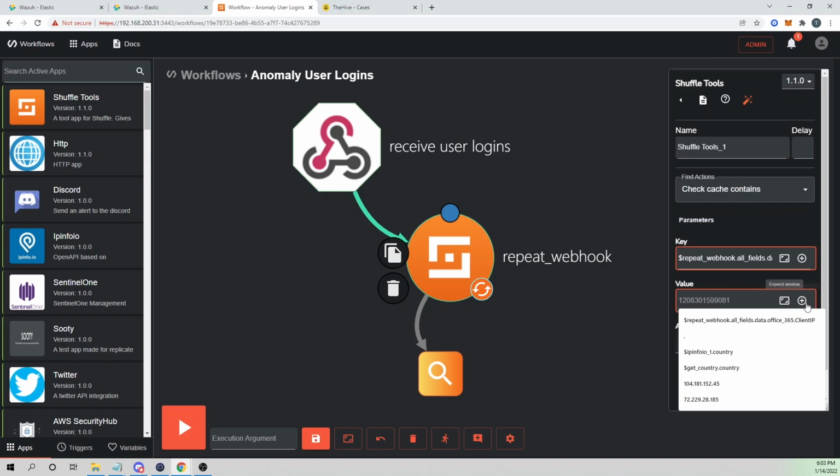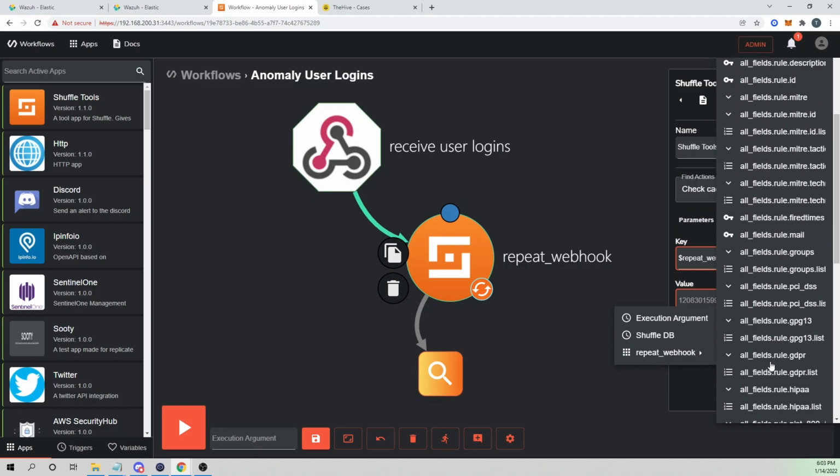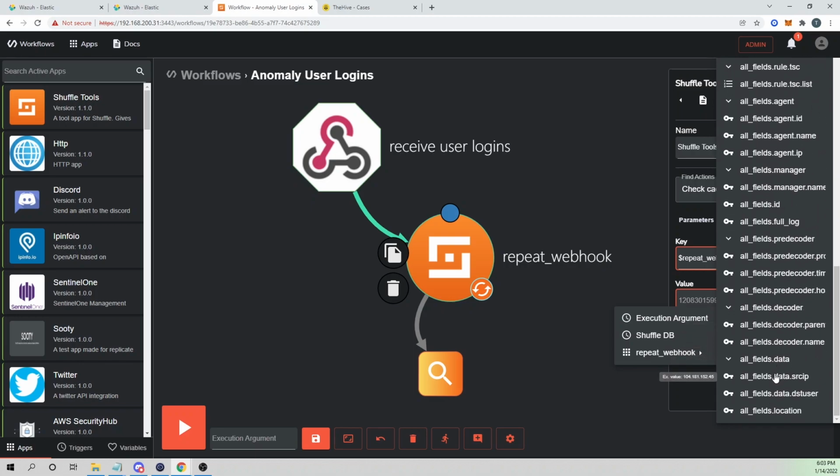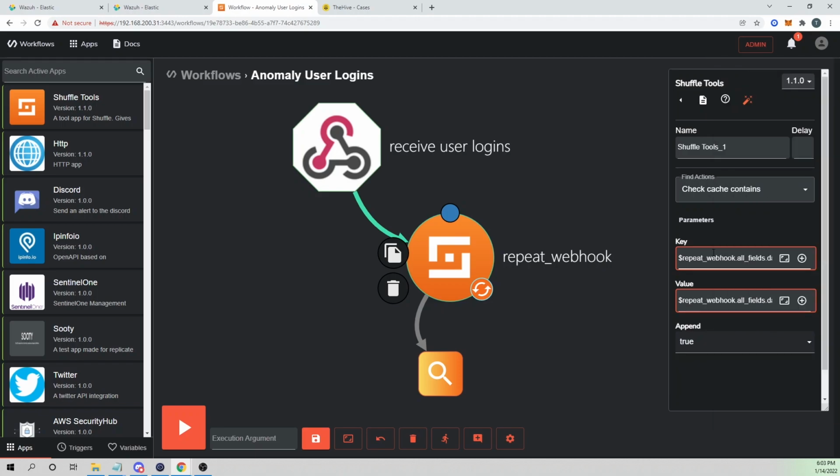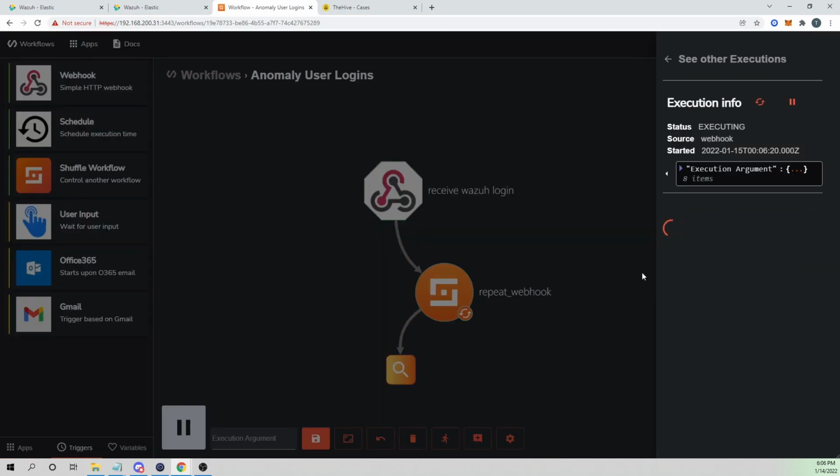And then for my value, I'm going to set this to the source IP field, because that correlates to the source IP address that I logged in from. So every time this loads, it's going to check the value and see if it's been associated with the key before. So it'll check the value, the IP address, and associate that with the key, which is the username. And if it exists, then it won't do anything. But if it doesn't exist, then it's going to add it to its cache table, and that's what this append equal to true is doing. So if we go ahead and save this, and kick that off again,